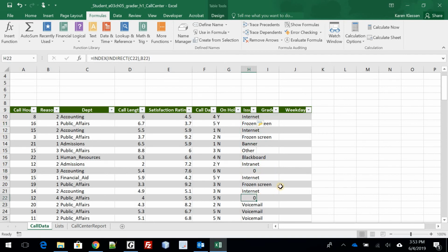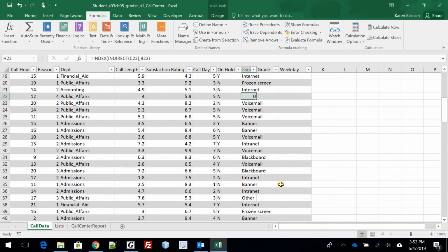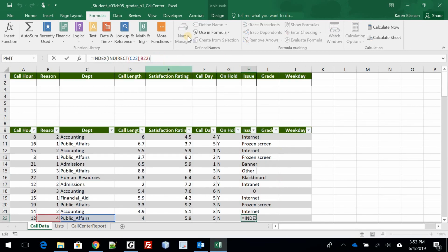Now we notice we've got zeros in some of this stuff, right? So we want to get rid of that. So typically when you have to do an if,